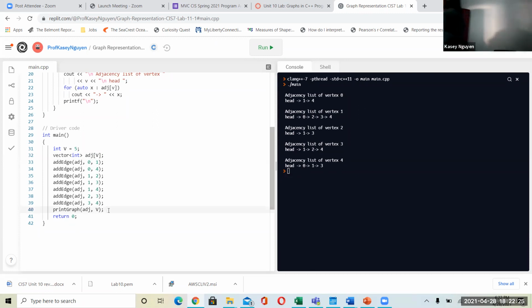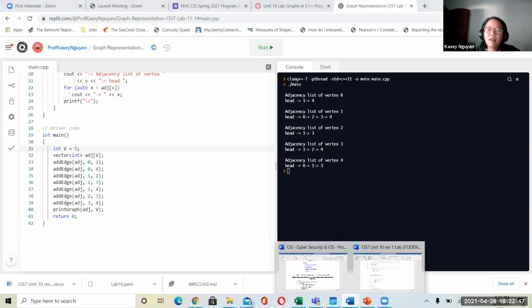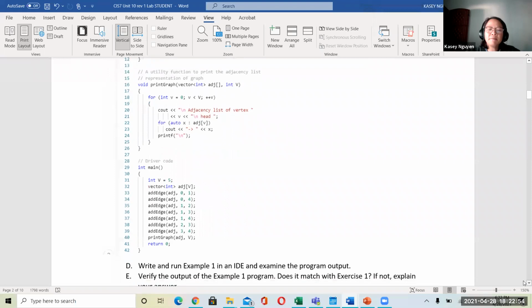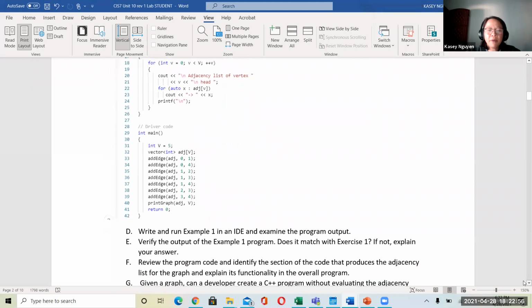In that parameter, we simply pass adjacency and big V. And big V allows us to really loop through and get through the 5. Okay. So once you have that input into your IDE and run the program,